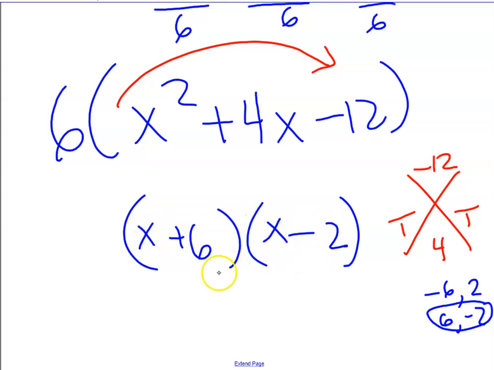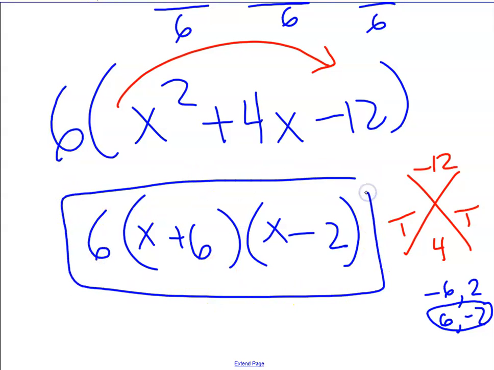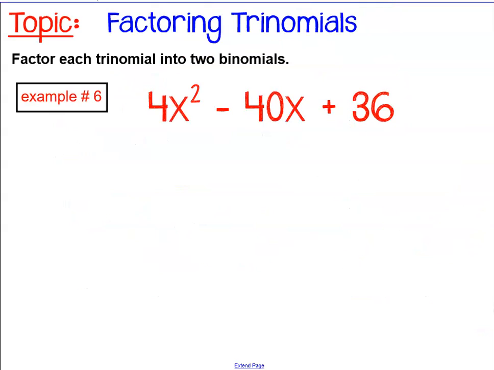But don't forget, I've got that GCF out front. He has to be written as part of my answer. So there you have it. We factored our trinomial. Okay, last one. Then it's time for you to try. I'm going to look for a